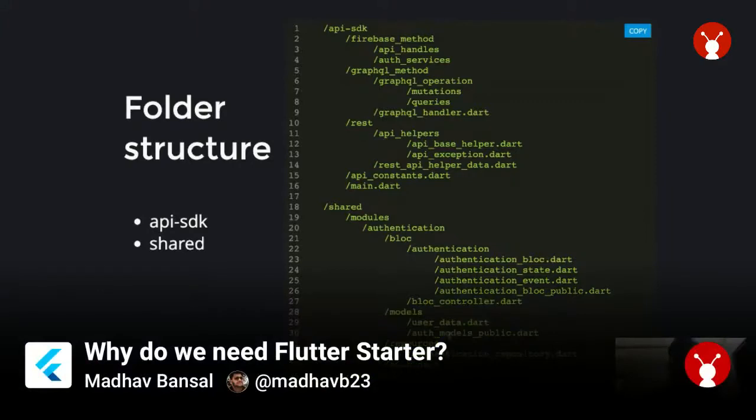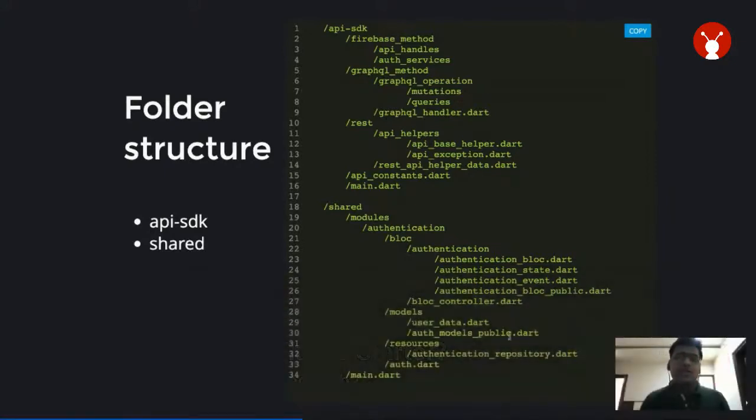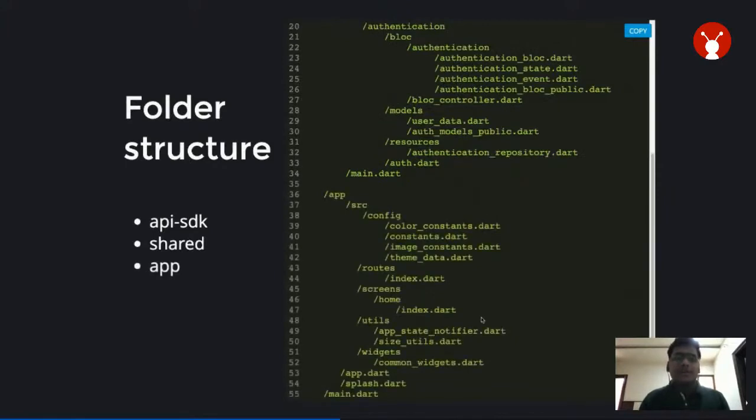But for now, this will provide you with the functions which you will be using inside your logic while making an API call. Moving on, we have the app. Inside the app, you'll have all the things that you need to show the user. For example, this will have your screens, this will have your configuration, this will have the routes, this will have the utility part. So moving on with the configurations, in the config folder, we'll have color constants, which will help you set the color constants for your apps so that it may not vary from screen to screen.